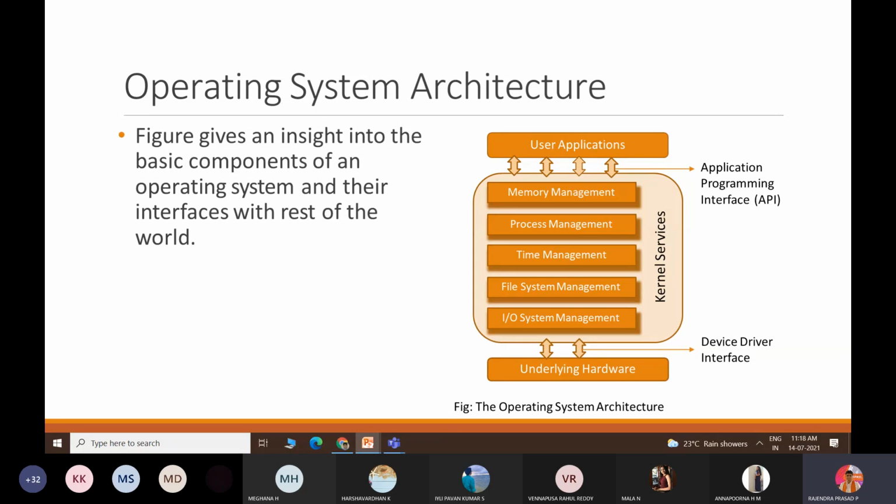Now, this is the operating system architecture. Hardware architecture we have observed, ARM architecture we have observed. What is this OS architecture? You might know there are two types: one is hardware, one is software. The hardware part you have known, right? You are very comfortable with the hardware part.